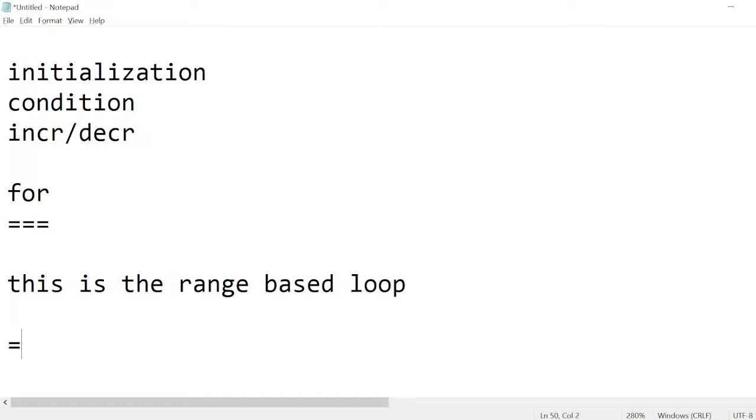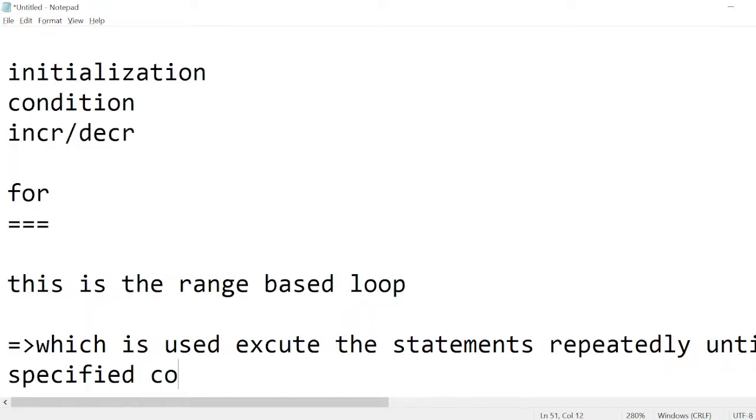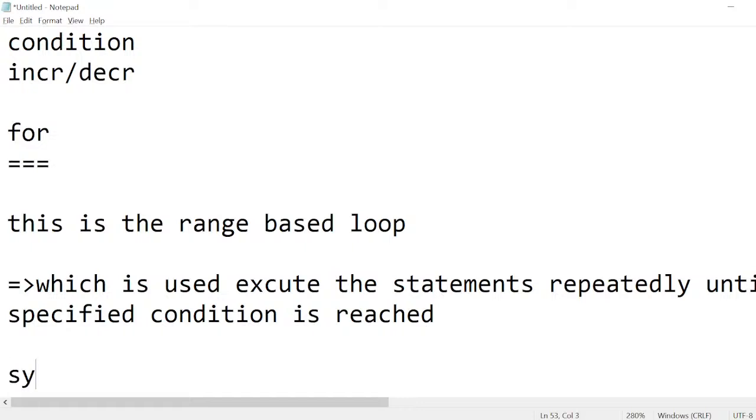This is also like the while loop, which is used to execute statements repeatedly, until the specified condition is reached. Syntax for the for loop is,